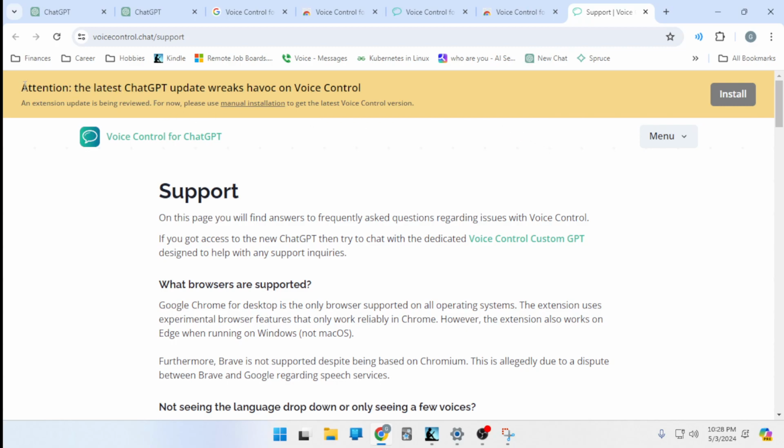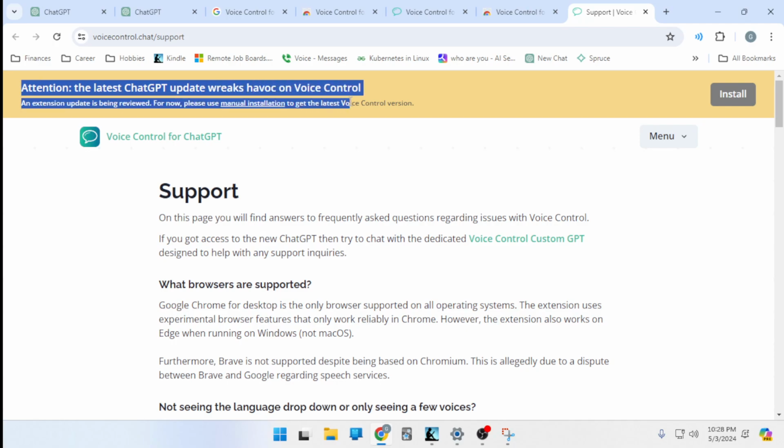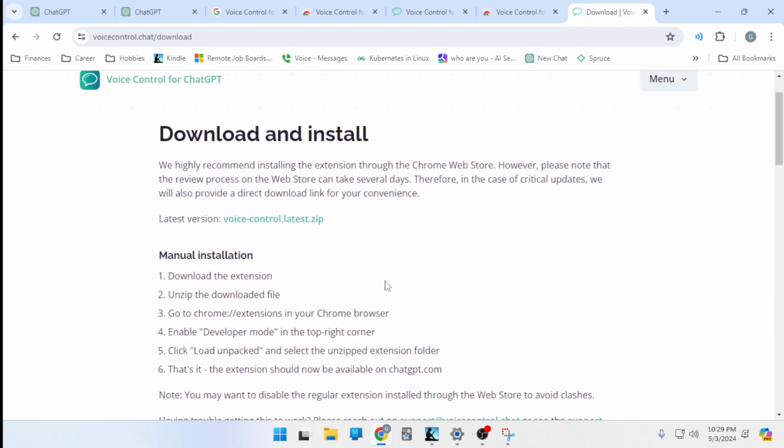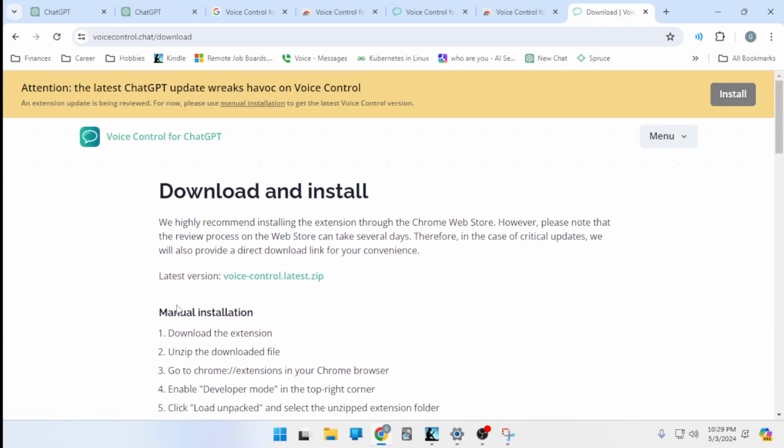Oh, here it is. So see here? The latest ChatGPT update wreaks havoc on voice control. An extension update is being reviewed. Please use the manual extension. So let's do that. So the first thing we need to do is click